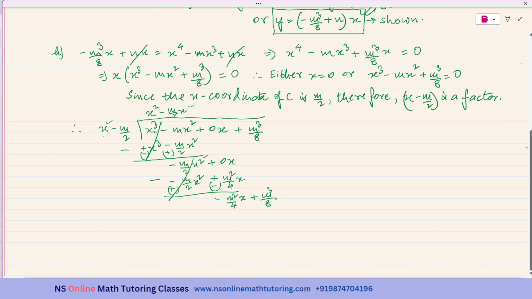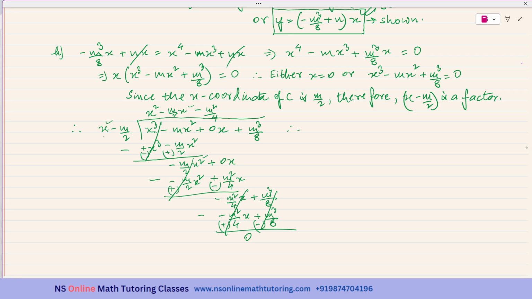So this is minus m square over 4. So minus m square over 4x, and minus m square over 4 times minus m over 2 is plus m cube over 8. Again, subtraction, the signs will be changing. So the remainder is 0. Okay. So I can write this as, therefore, x cube minus mx square plus m cube over 8 can be written as